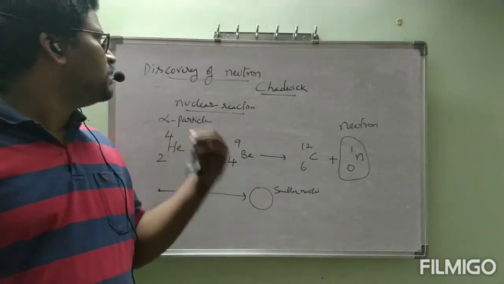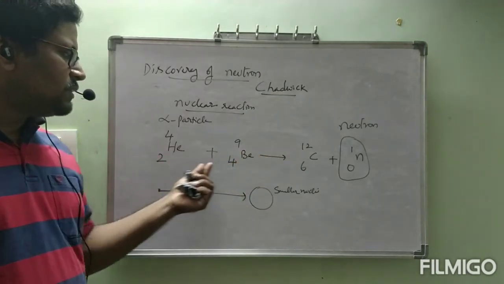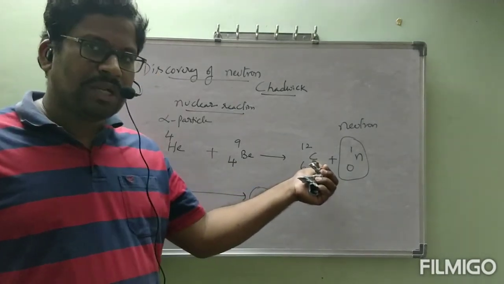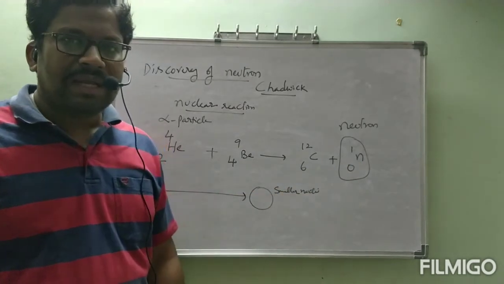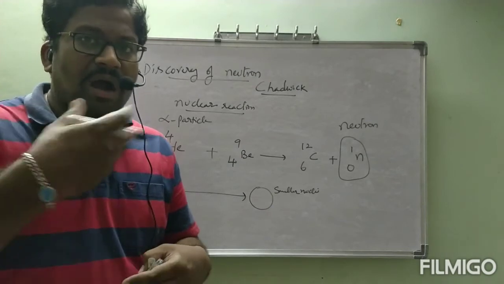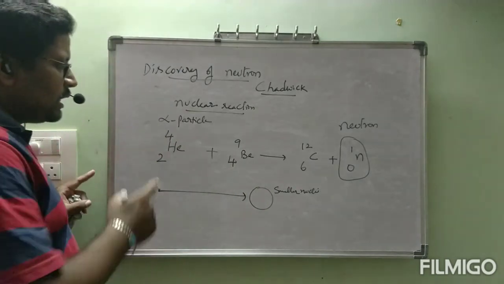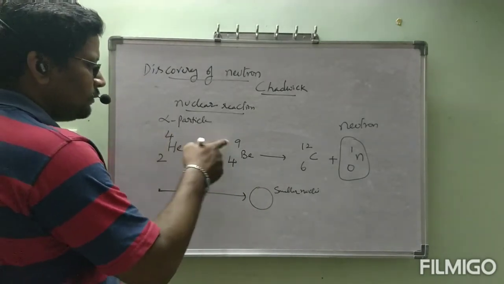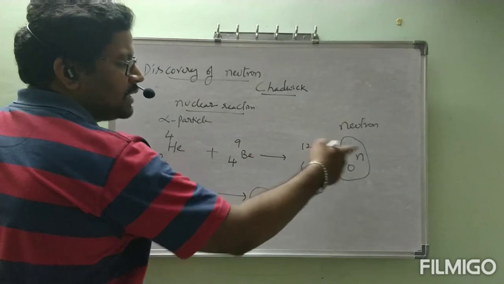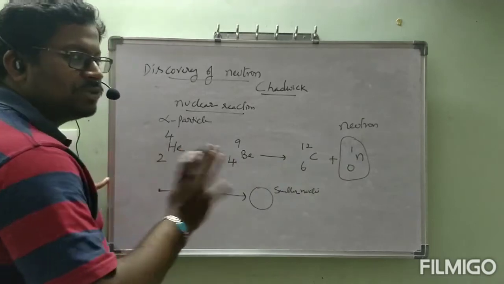Okay, third particle, discovery of neutron, which was discovered by Chadwick in a nuclear reaction between alpha particle and beryllium to form carbon, a new nucleus, plus 0N1. Now after completion of this, we will go through atomic number concept and mass number concept. After explaining those, again we will come to here. Now 4 plus 9 is equal to 13. 12 plus 1, 13. 2 plus 4, 6. 6 plus 0, 6.